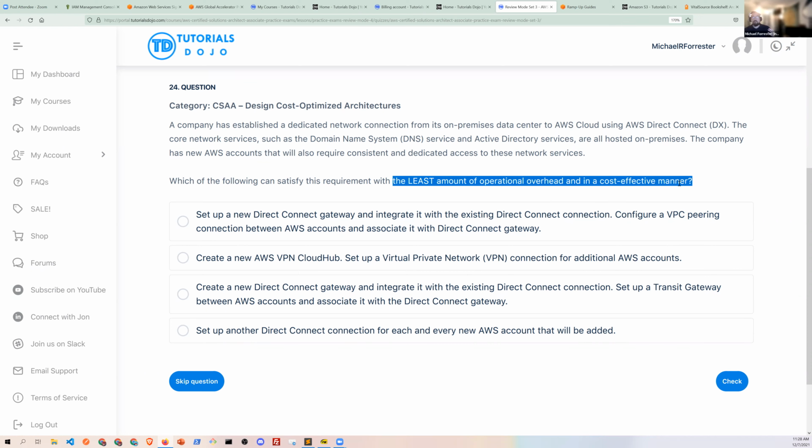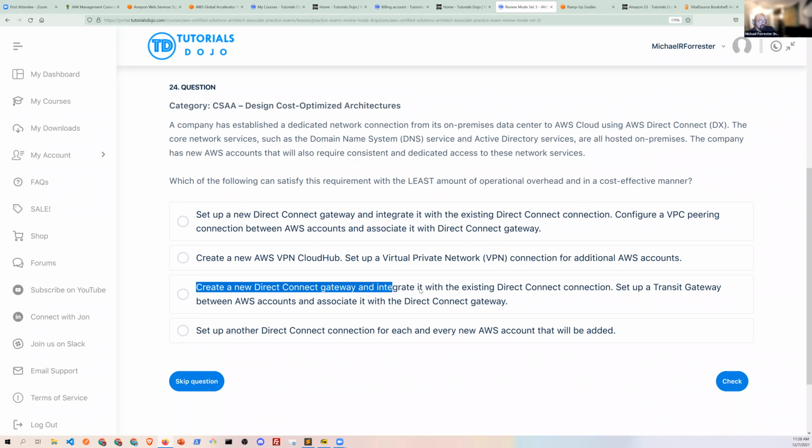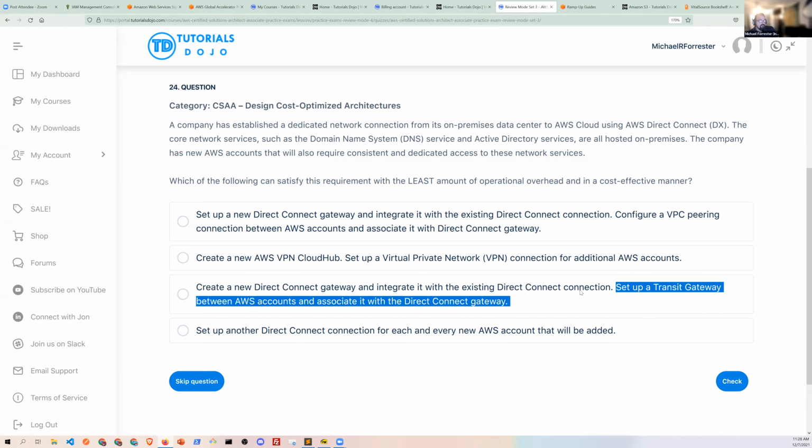So we're definitely left with our two answers, which is set up a new Direct Connect gateway and integrate it with the existing connection, which both of them have basically, right? But then one says we're going to use VPC peering and the other one says transit gateway. Which of those has the least amount of operational overhead? I think transit gateway between accounts.